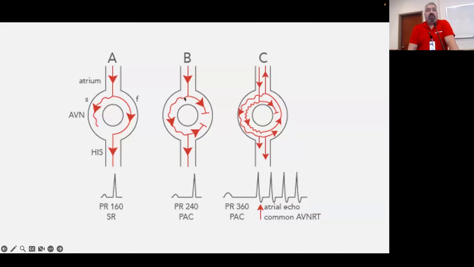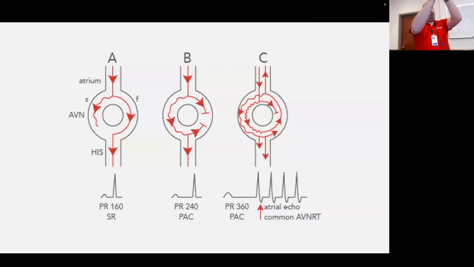The fast and the slow pathways also have different refractory periods. So if you get a beat that comes at exactly the wrong time, then it can reach the bottom of the pathway just as the other, because they flip back and forth in terms of being available, right? So they fire, then the fast pathway becomes available first, and then the slow pathway becomes available again afterward. So if they fire together like they're supposed to, and then an extra beat comes in